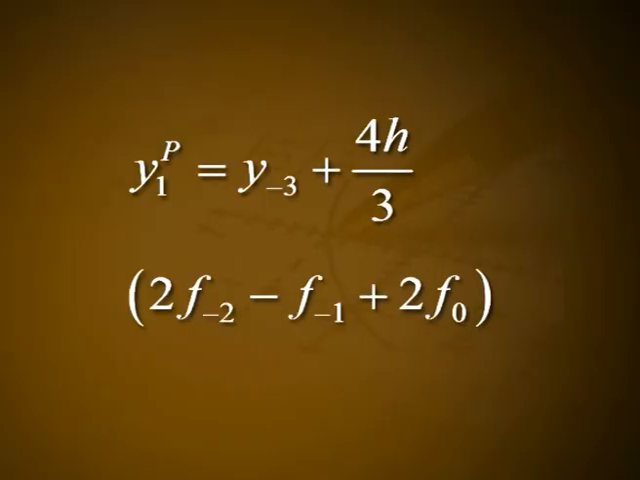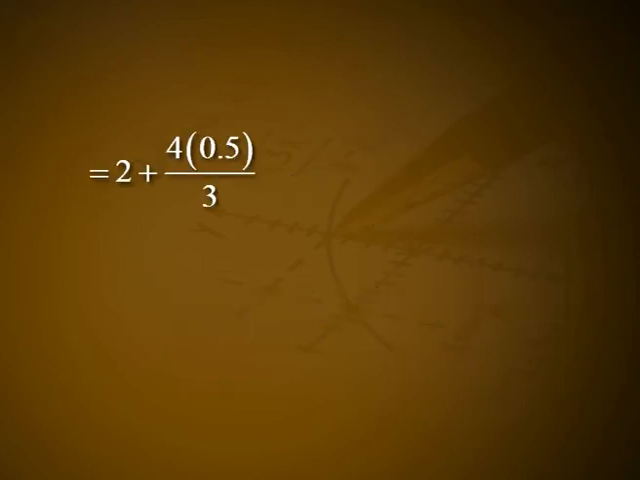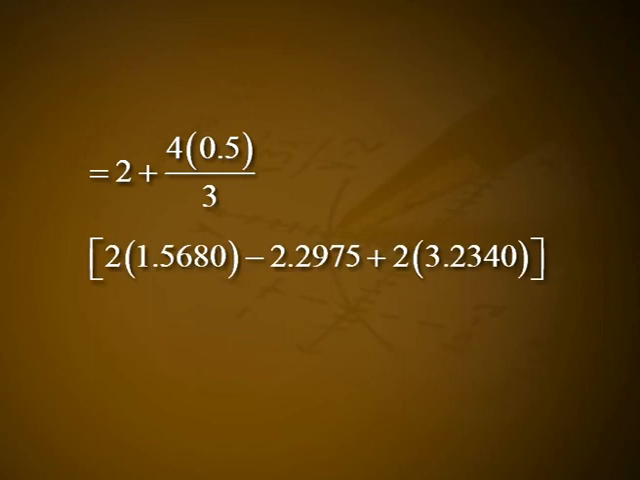Now, using predictor formula, we compute y1p equal to y minus 3 plus 4h by 3 into 2 f minus 2 minus f minus 1 plus 2 f0, that is 2 into 4 into 0.5 by 3 into 2 into 1.5680 minus 2.2975 plus 2 into 3.2340, that is 6.8710. Using the predicted value, we shall compute the corrected value of y1 from the corrector formula